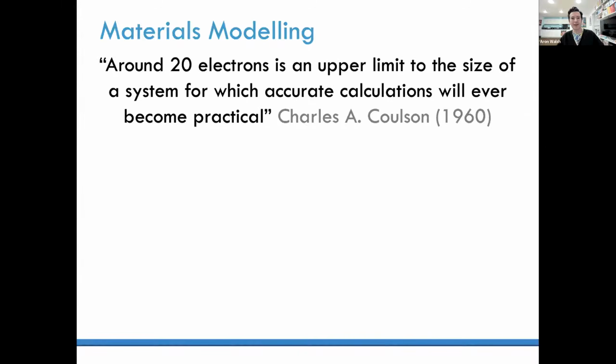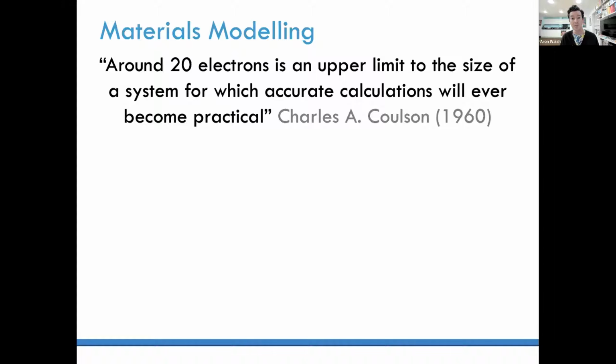If you move forward a few decades, at that particular time there was really the development of modern computing, and Charles Coulson wrote a very nice essay on a split in the field of theoretical chemistry. So there were those theoretical chemists that were focused on having accurate analytical solutions of quantum mechanical problems of several electrons interacting. And there was a group of people working on approximations to allow us to treat larger